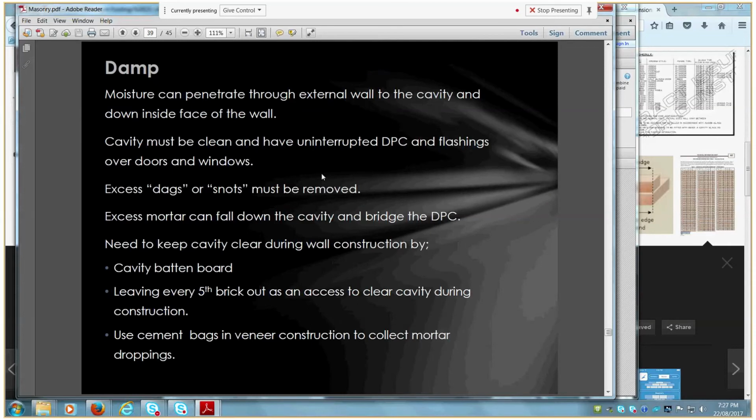So moisture will penetrate through the external wall of the cavity and then typically down the inside face of the wall. The cavity must be clean and have an uninterrupted damp-proof course and flashings over doors and windows. Typically what will interrupt the DPC is bits of mortar; excess dags of mortar must be removed. When you're doing the brickwork, excess mortar can fall down the cavity and breach the damp-proof course. So you need to keep the cavity clear during wall construction, either by use of cavity batten board,